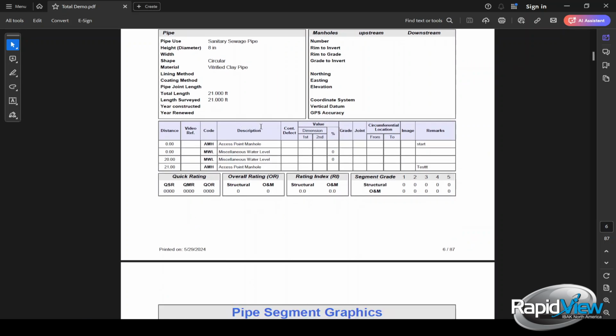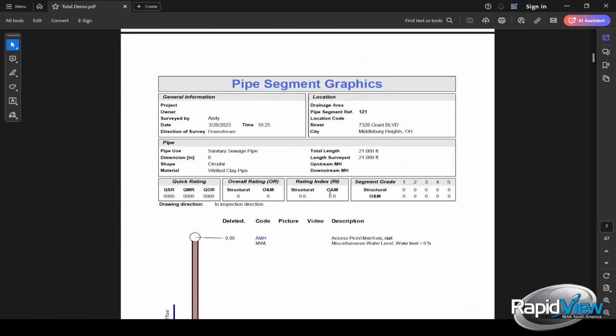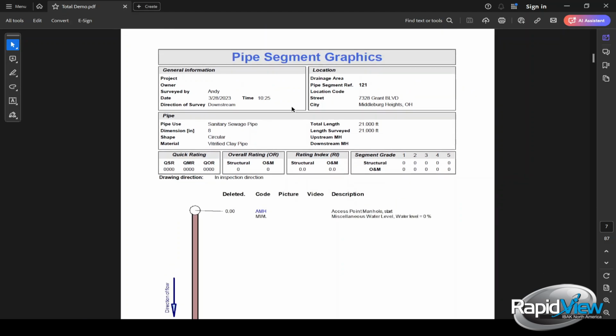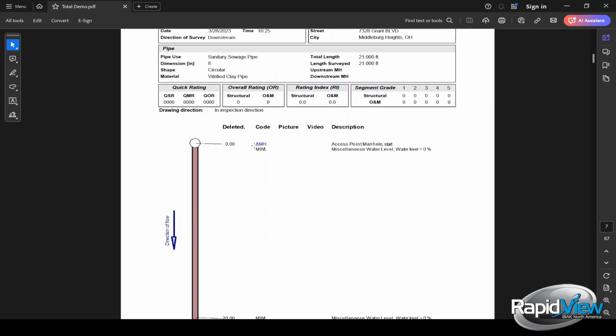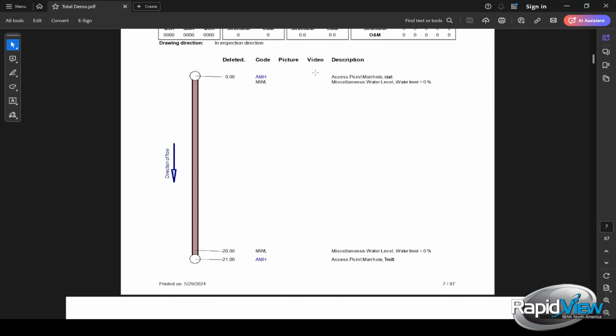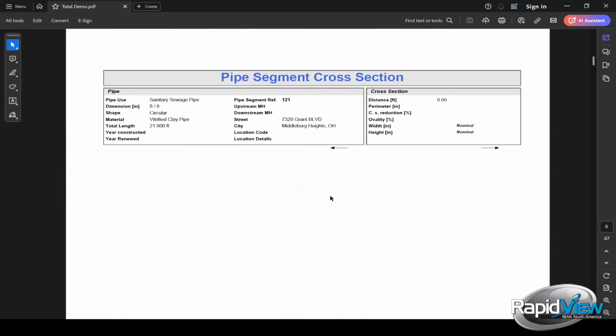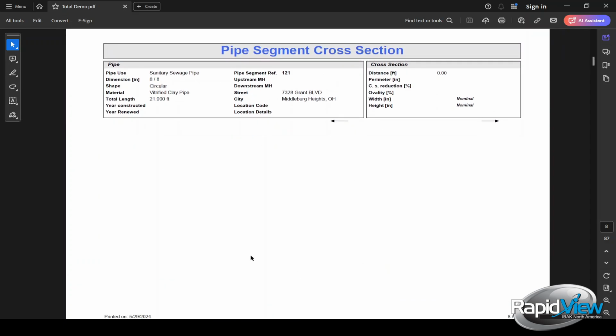This is a table view of all of our observations. So you'll see we've got distance, video, time code reference, the codes themselves, and then any remarks. So a lot of this information kind of gets redundant from here. It just kind of shows it in a different manner. So pipe segment graphics, a lot of redundancy, and then you have your codes kind of in an illustrative fashion here. Pipe segment cross sections, this is important to note since we didn't do a laser profiling on this one,